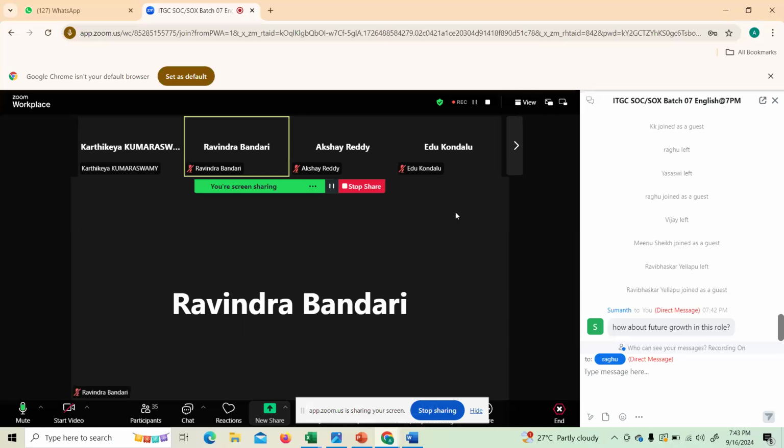His per annum package is 1 crore. His age is 46. Then you can decide what the growth is. He started his career with a very low package. And there are many hidden areas; nobody knows about this ITGC. That's why the competition is very less compared to other domains. You can excel in this domain because there is less exposure.